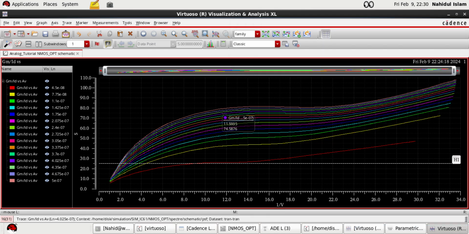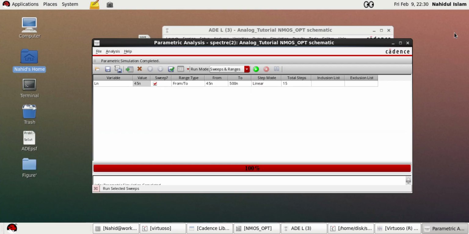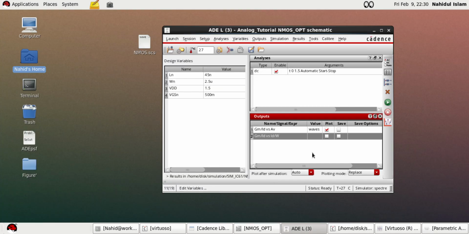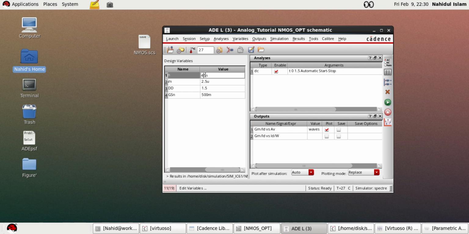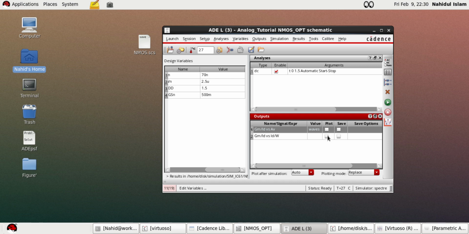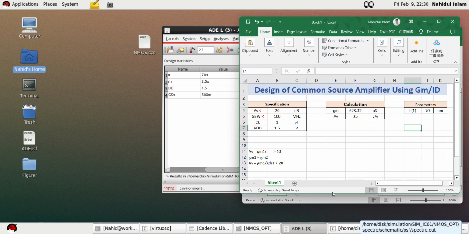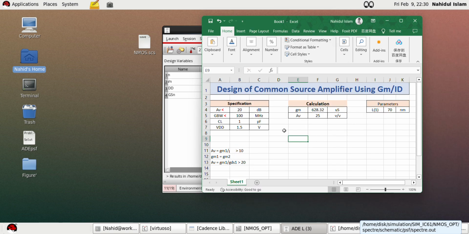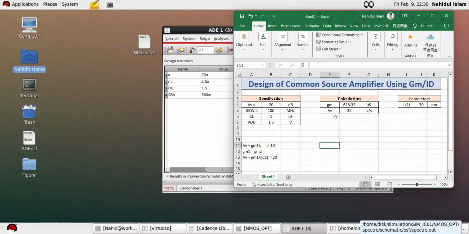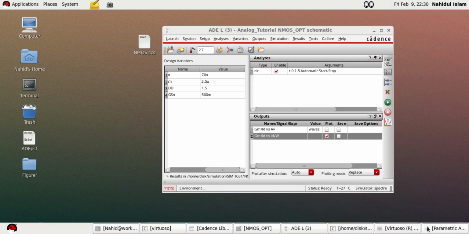Okay, we get the length is 70 nanometer. So after that, set the length is 70 nanometer. Then run the simulation for ID over W. Also, as I get the length is 17 nanometer, I can't measure the